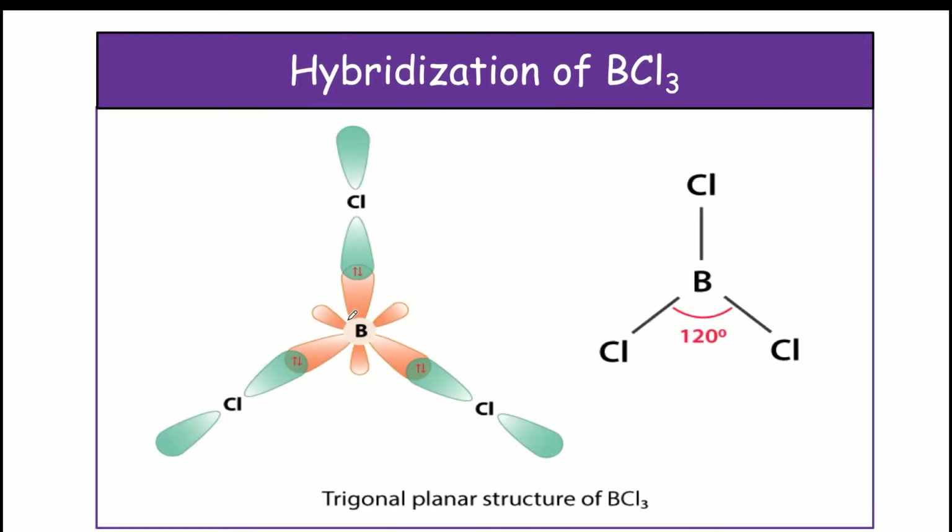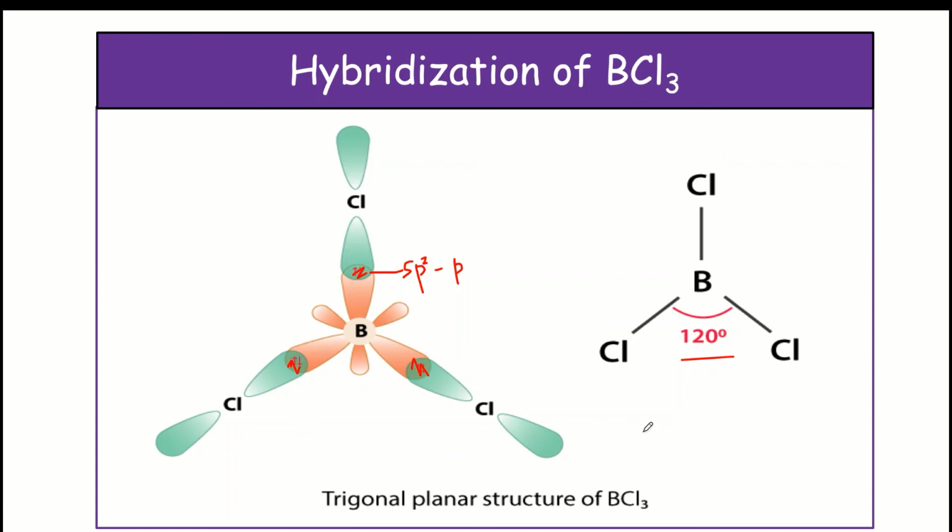So we can say boron trifluoride has the combination of the hybridized orbital of boron and the p orbital of the chlorine atom, right? So it is the combination formed by the sp2 hybrid orbitals of boron with the p orbital of the chlorine. The bond angle is 120 degrees. So the regular geometry of boron trifluoride or boron trichloride, if we see, is a trigonal planar arrangement with a bond angle of 120 degrees to each other.